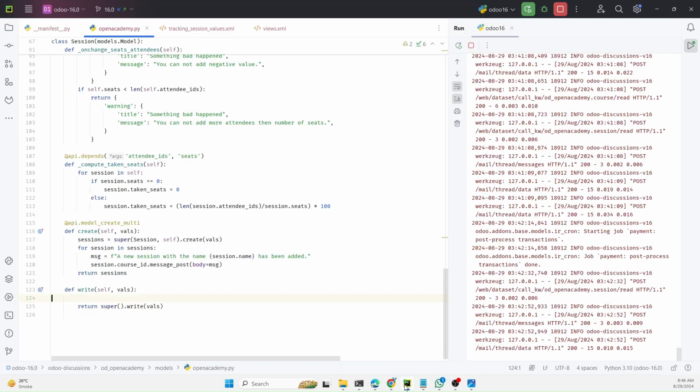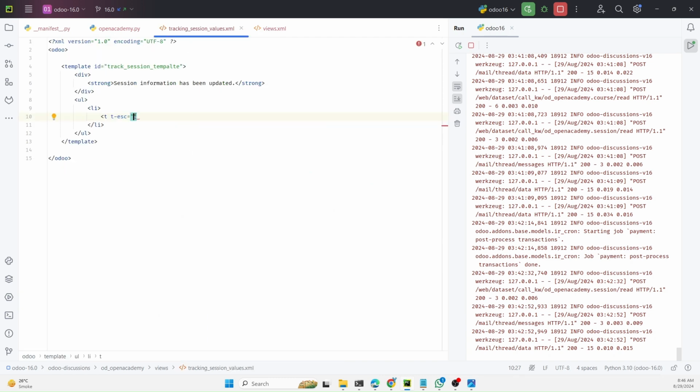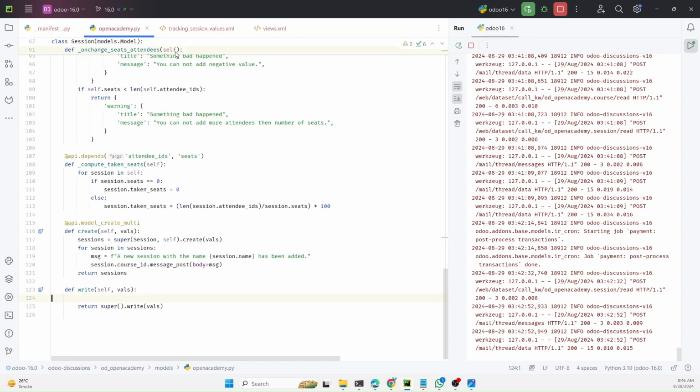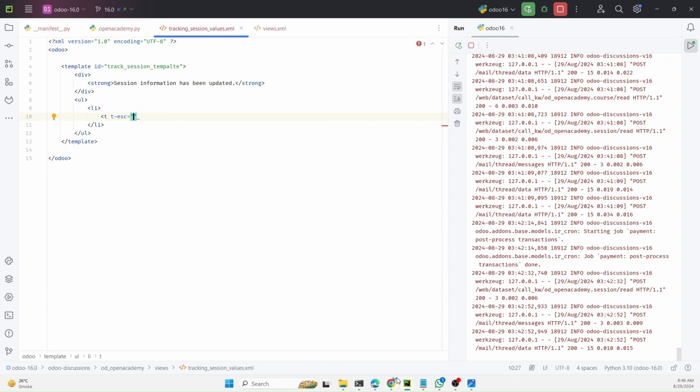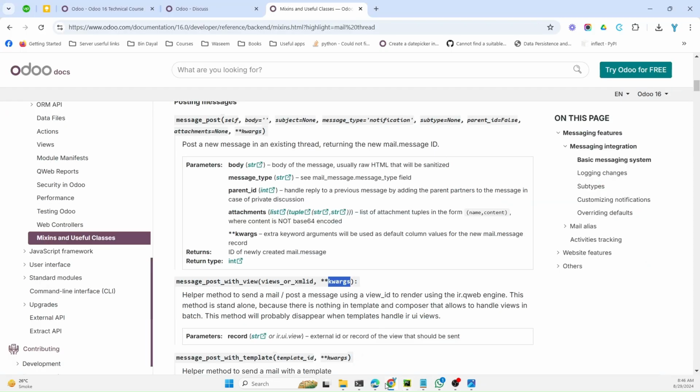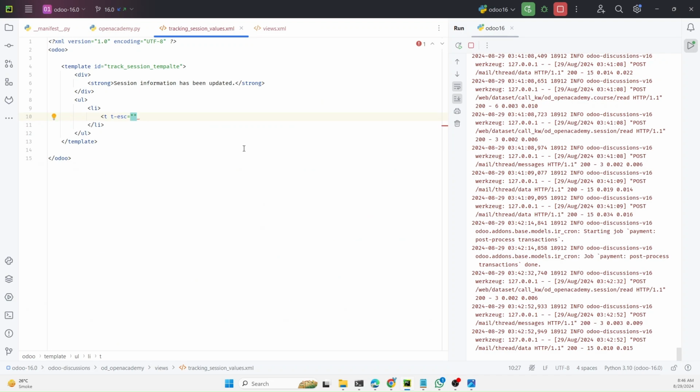In the values that we are going to pass, we will have to print all the values that have been passed to the value dictionary. So here we will first add the name, like session dot name, like this,